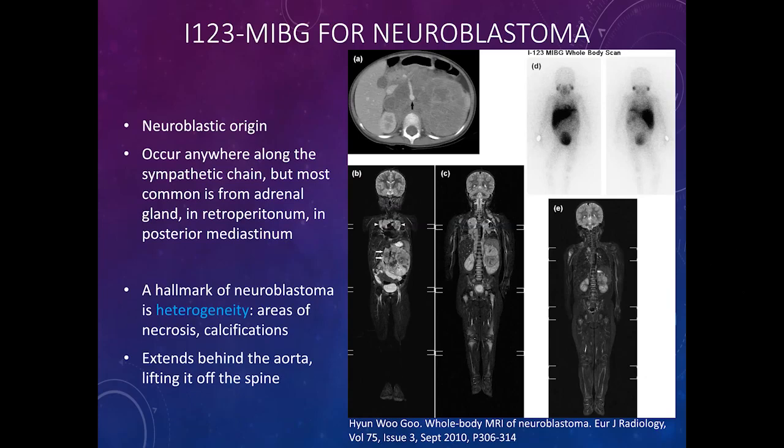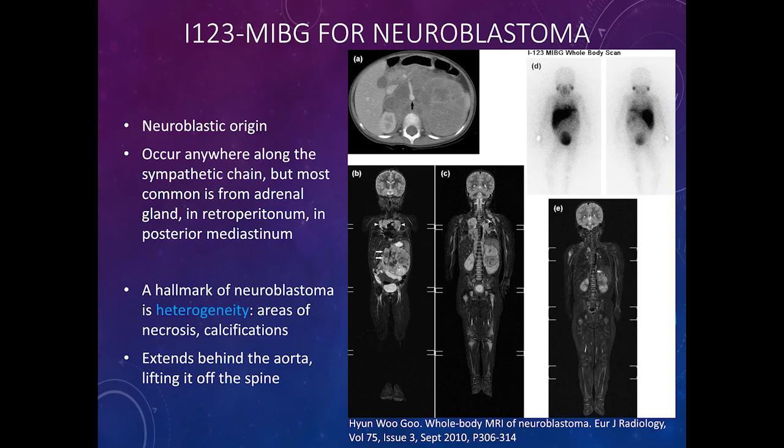On cross-sectional imaging, on CT and on MRI, the hallmark of neuroblastoma is its heterogeneous appearance. Very often it has areas of necrosis, so it will have cystic-appearing regions. Often it has calcifications, and it tends to originate from one of the adrenal glands, and when it spreads across the midline, it lifts the aorta off the spine. So you will see these features on cross-sectional imaging, and when we image it with MIBG, we will see intense